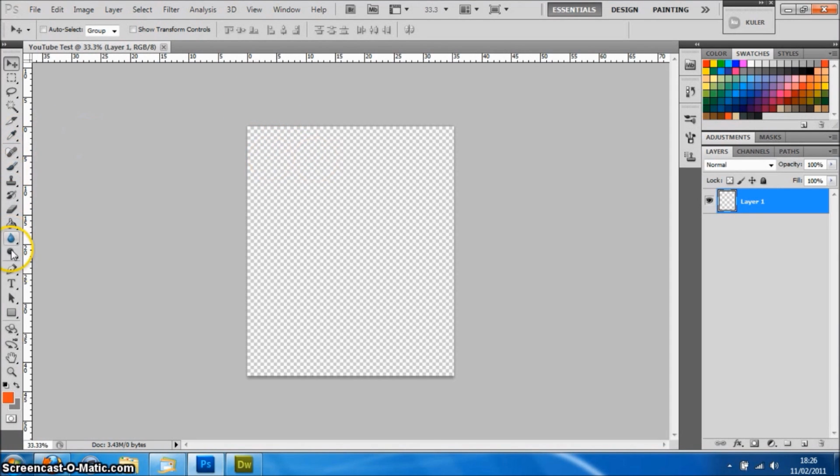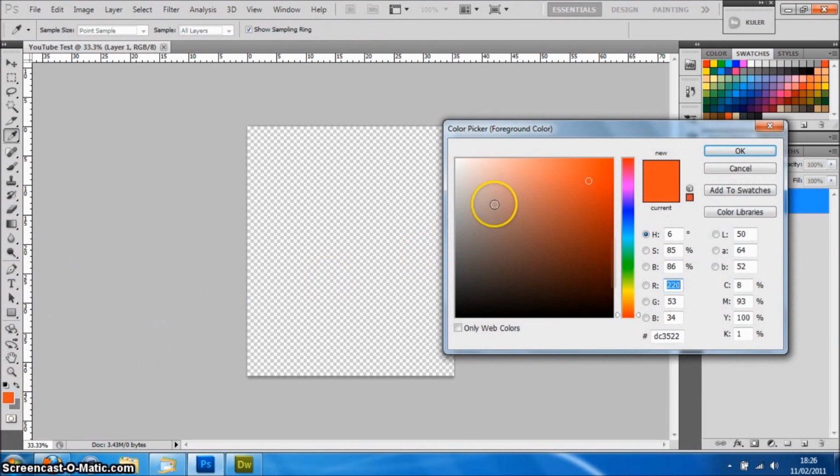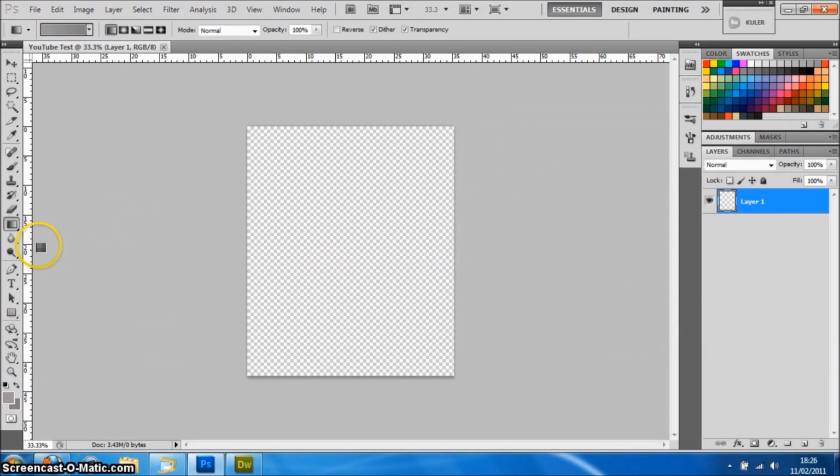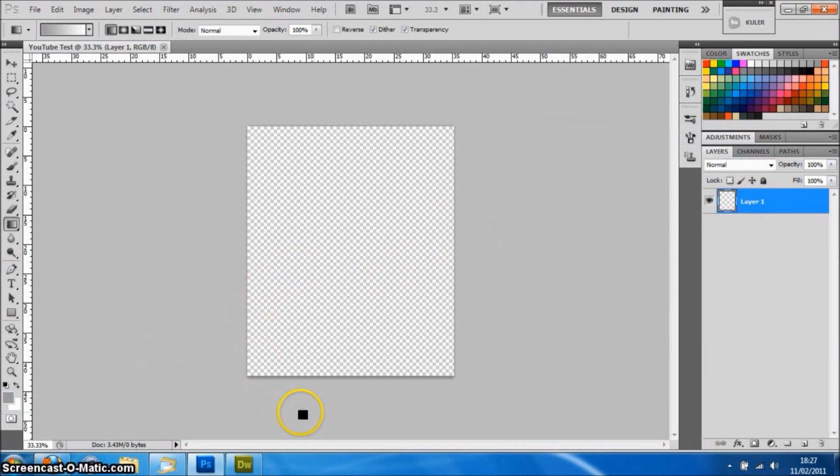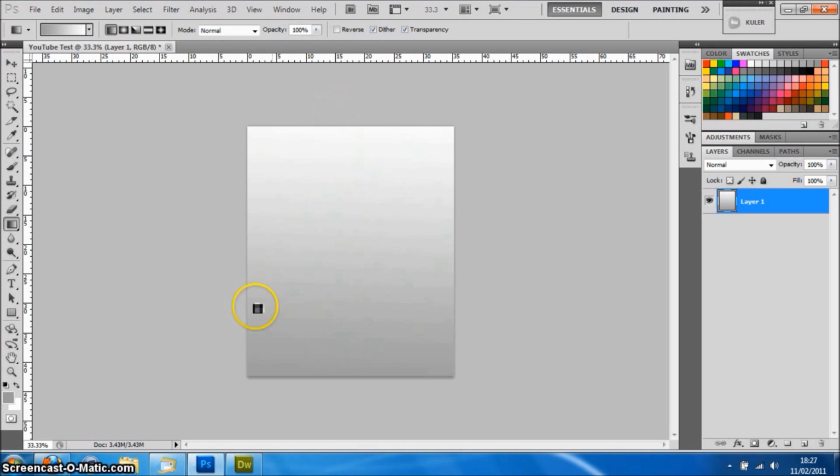So here we've got our document, and we're going to first of all make the background a gradient, because that's always a nice place to start. So if we make our colours a sort of grey and white, then we can create a gradient up here, and if you hold shift it'll make it go vertical. So there's a nice